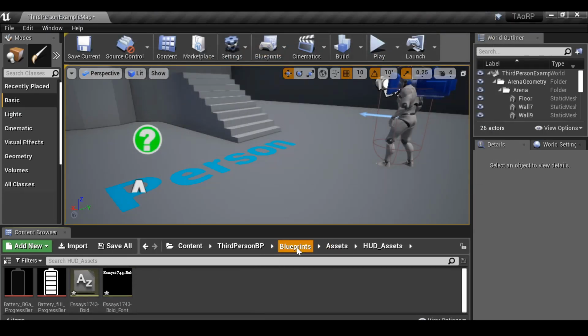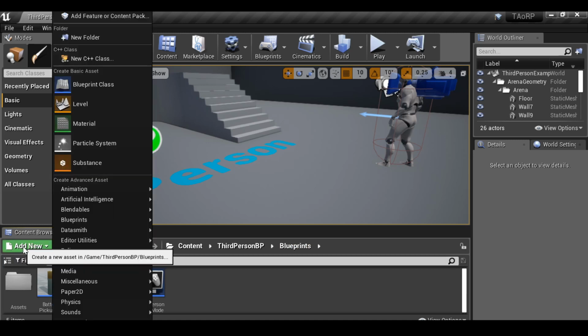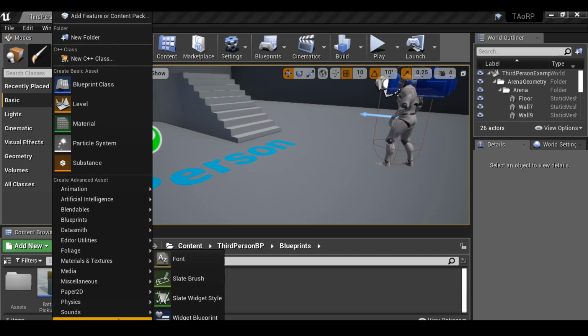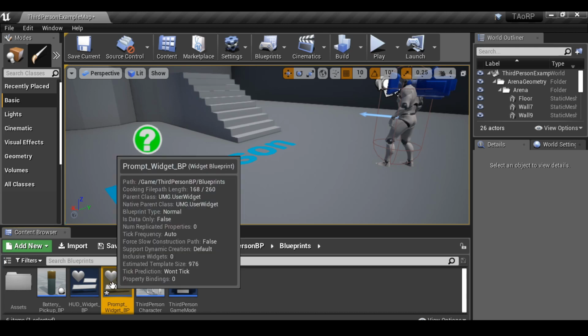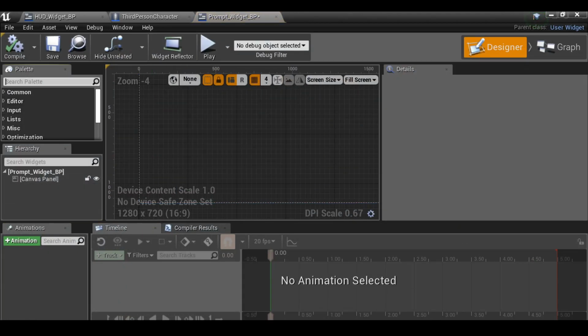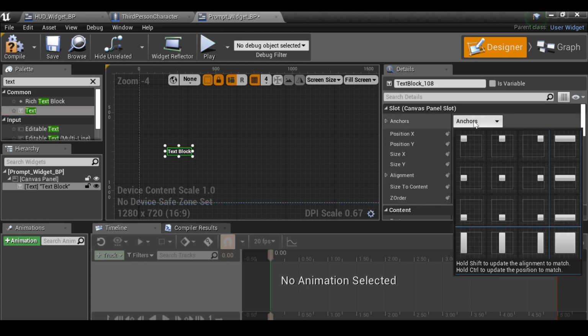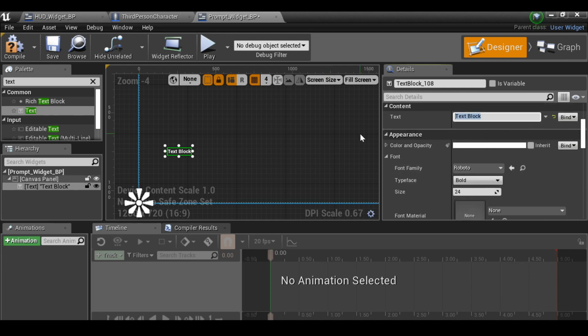Let's go back to the blueprints and add in a new blueprint. Go to add new, user interface, widget blueprint. I'm going to call this prompt_widget_blueprint. Open this up, and it's the same process that we did before. We're just going to add some text. Make sure we anchor this to the bottom left. Just change the text to